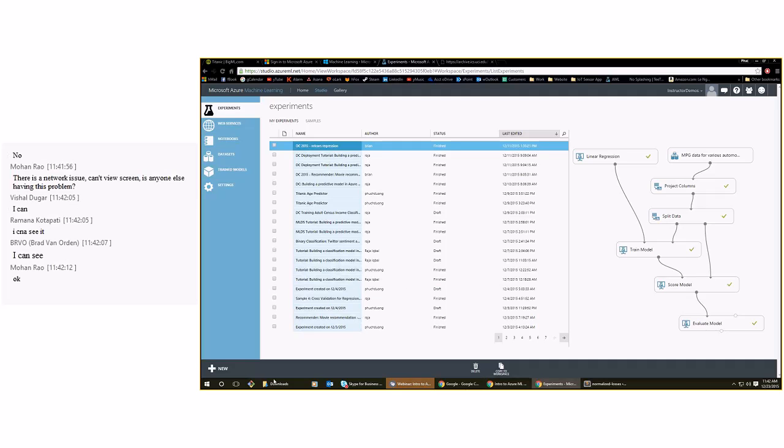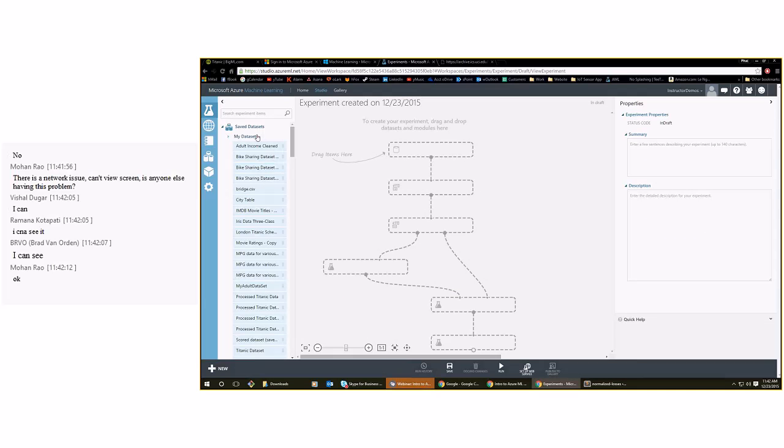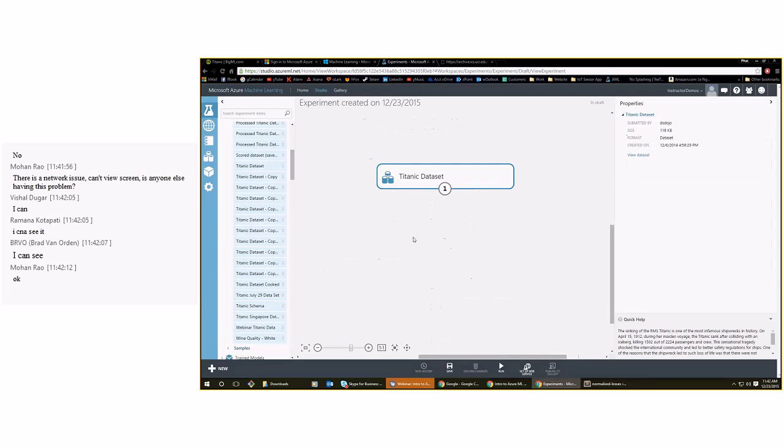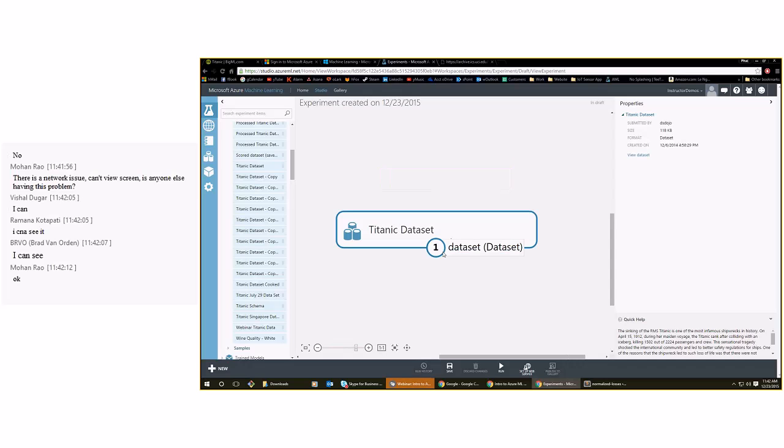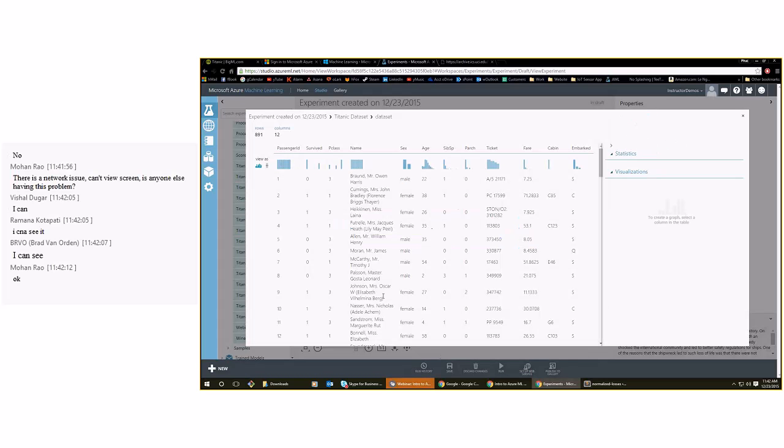Okay. So in this case, I'm just going to go to new. Just create a new experiment real quick. In this, I've preloaded a dataset called the Titanic dataset. You'll be working with datasets a lot for your homework, and also during the boot camp. Okay, so if I just visualize this data set real quick, there is